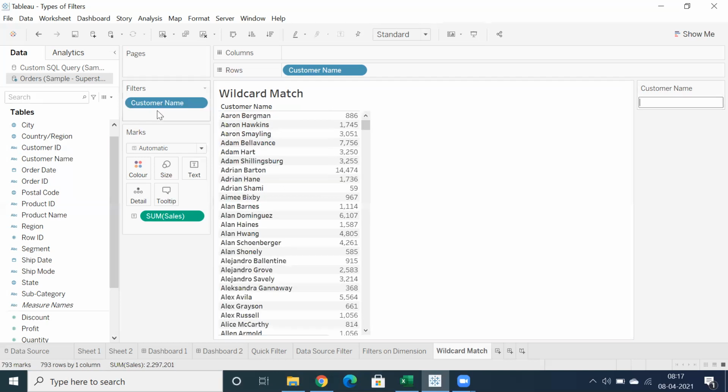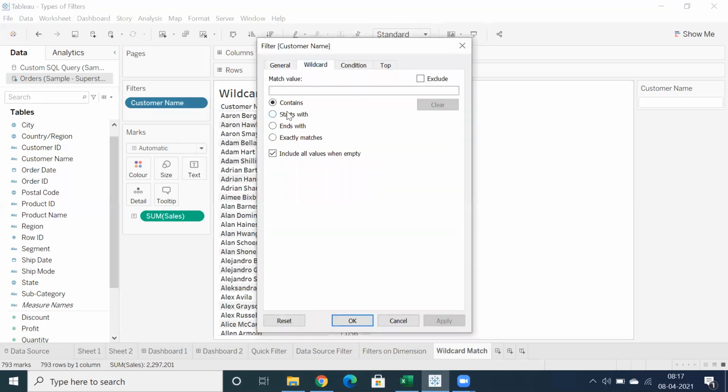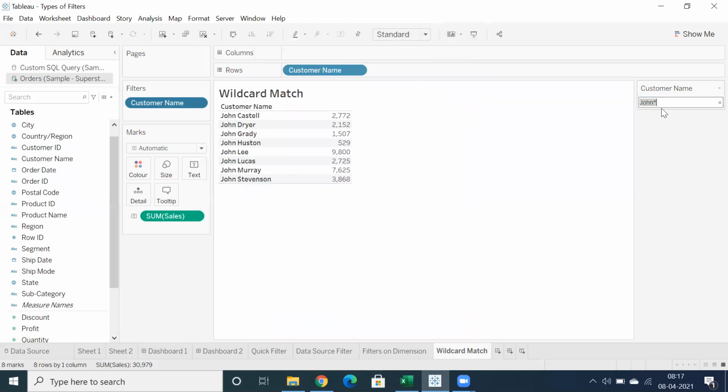So this is what starts with is, in the wildcard match. When you use starts with, let's say John star, when you select John and starts with, you'll get John star.